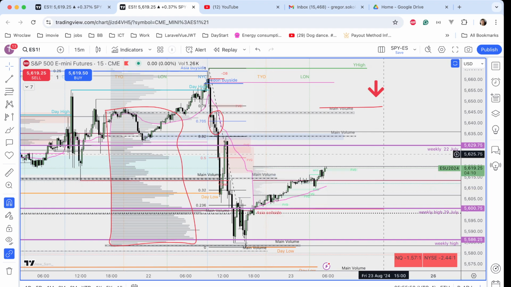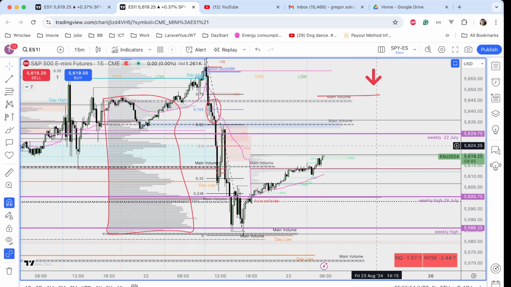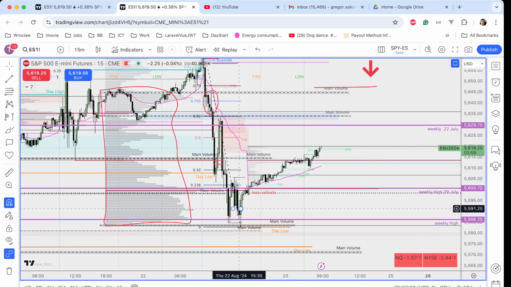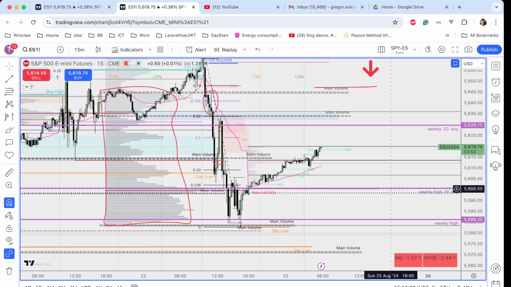But if we sell this, the main volume I see is down here. So whoever is buying that will have stop losses here. Probably the first stop will be Asia sell side. Just by looking at this right now, because we might drop here before the open. That will change everything. If we drop before the open into Asia sell side,